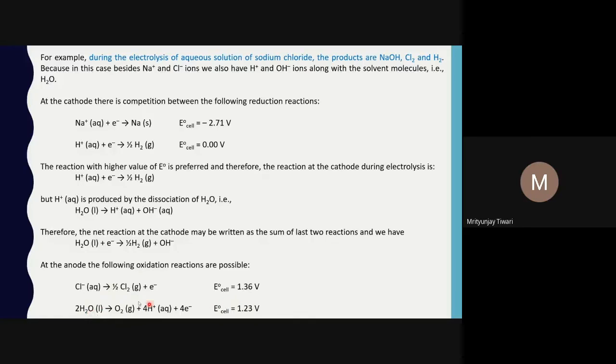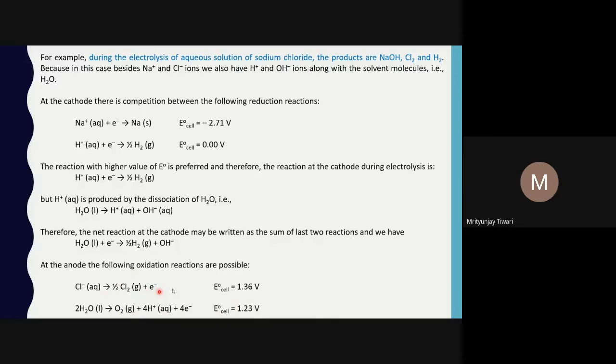And so this material will be oxidized. This reaction will be preferred. Ideally, it should be preferred. But what we see, as in the example of the overpotential we are studying here, is that in reality this reaction happens very slowly. So a certain overpotential is required to make this reaction happen.